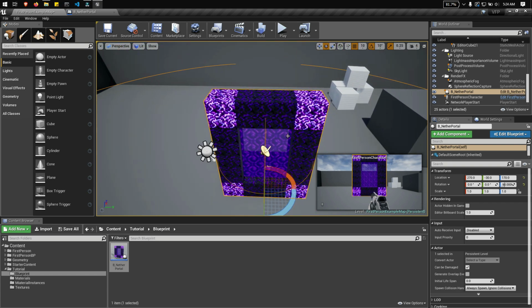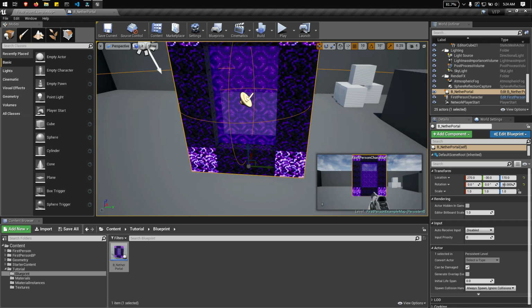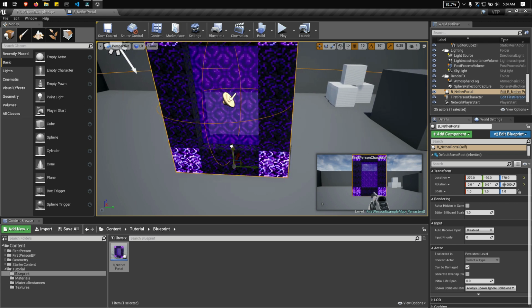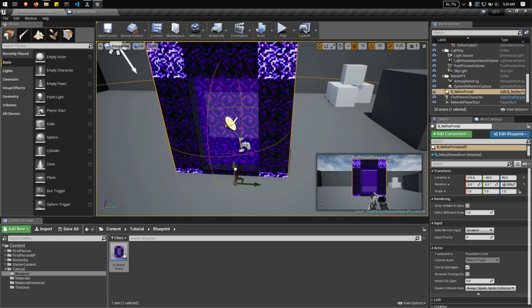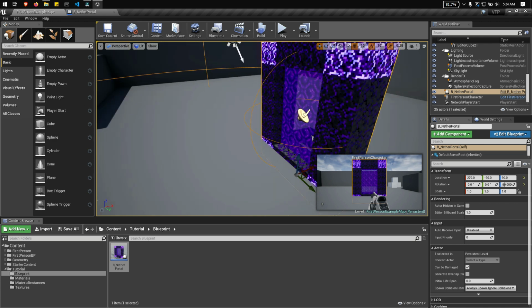Maybe let's sink the Nether portal a little bit into the floor. Okay, it's better.